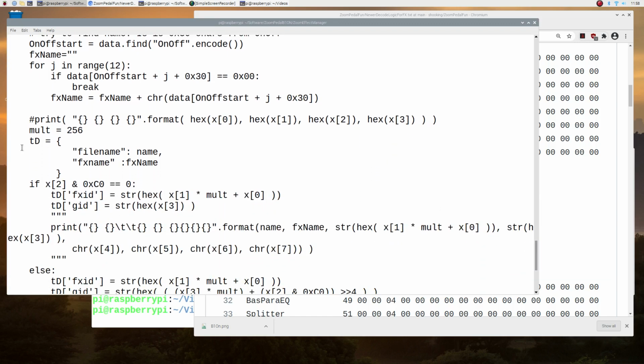So now we start to construct a JSON format. So we say the file name is the name we've read in, was passed in as a ZDL file name. The FX name we've just derived here. If that second byte, well, third byte but second index, yeah, so 0, 1, 2, 3 is the same as byte 1, 2, 3, 4. So byte 3 is position 2. So if that byte is C0 or bigger, in other words, if the top 2 bits of the nibble are set, then